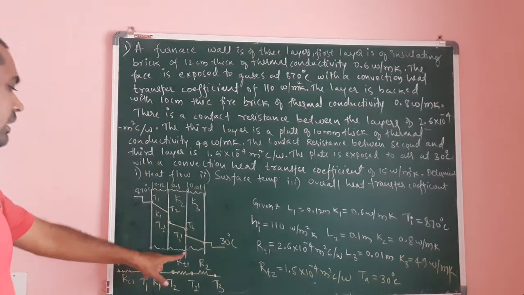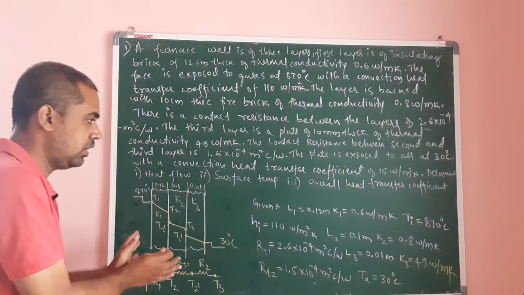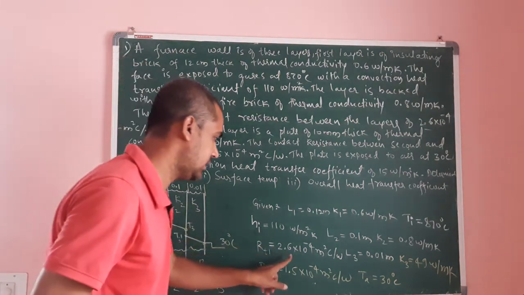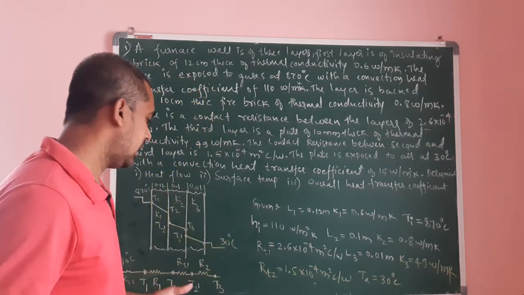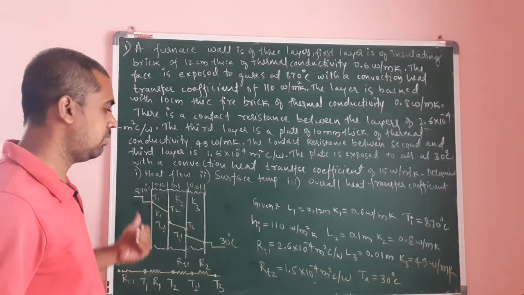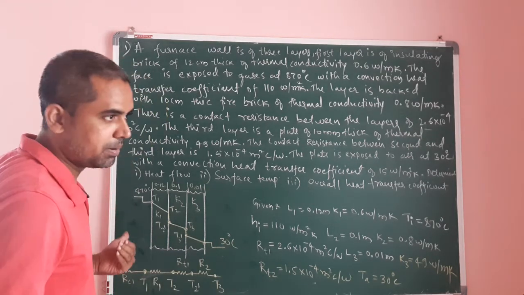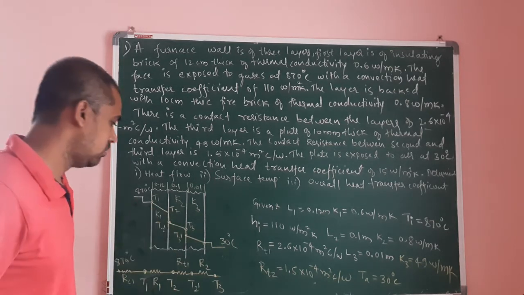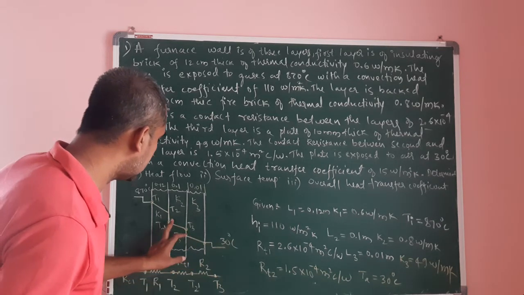After that, there are again two layers which I have joined. Sometimes they will not give the thermal contact resistance. Thermal contact resistance will be small; you can see here it is of the order of 10 raised to minus 4. Sometimes they will neglect it, but if they give it in the problem, we have to consider it. Whenever you do experiments, we have to consider the thermal contact resistance between the two layers. Now between T2 dash and T3, there is conduction.